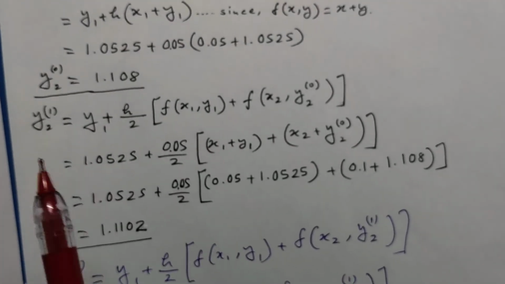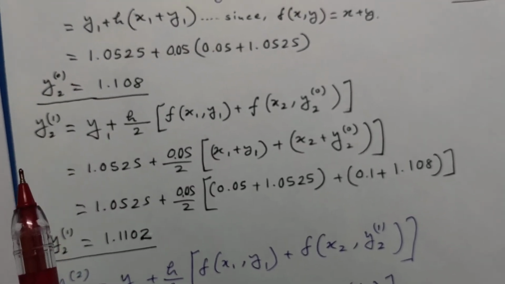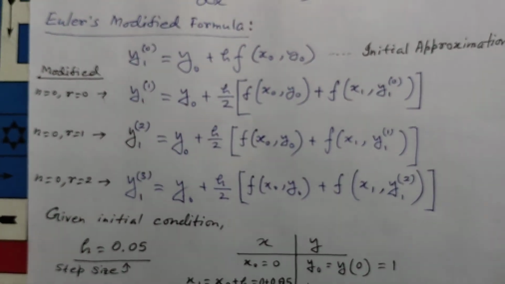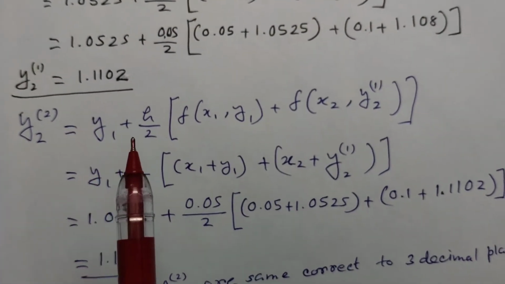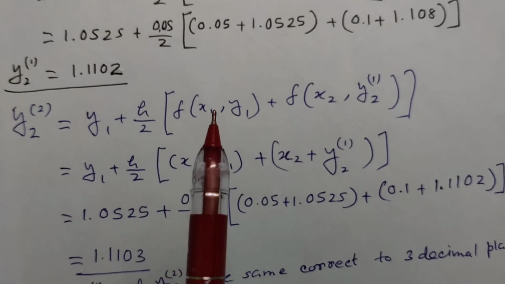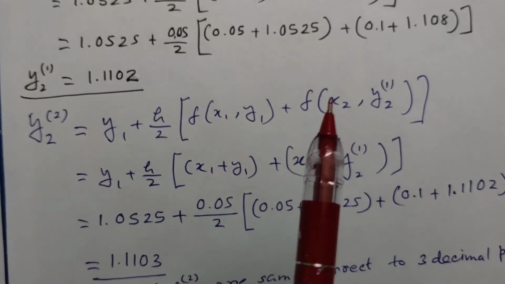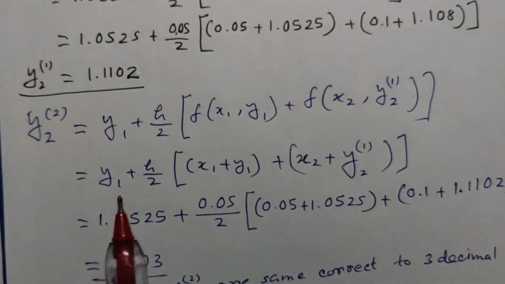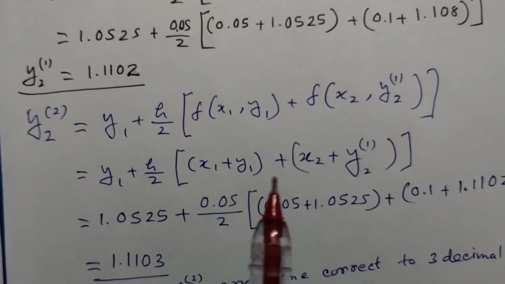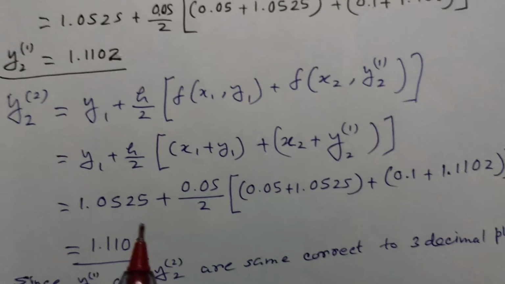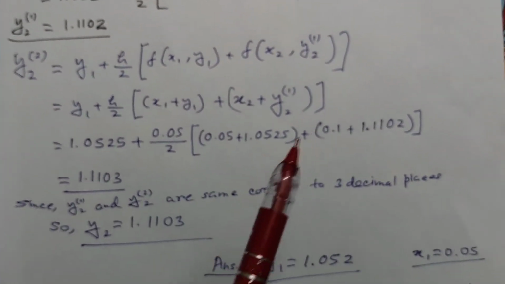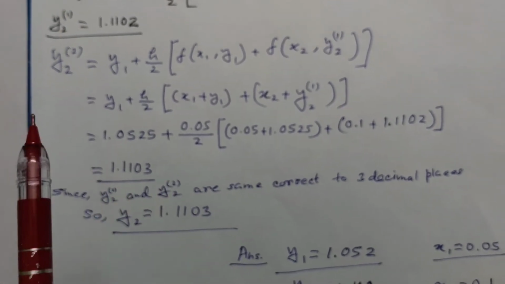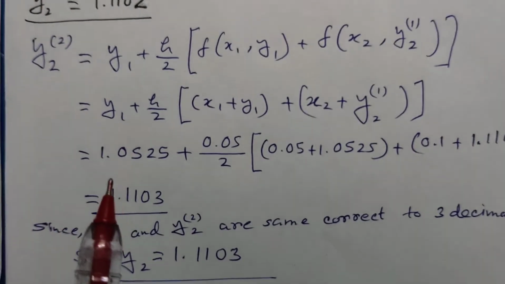After that, again we increase the value of r and get these formulas, and we get y22 equals y1 plus h by 2 times f(x1, y1) plus f(x2, y21), and by putting all the values and evaluating the function, we get y22 equals